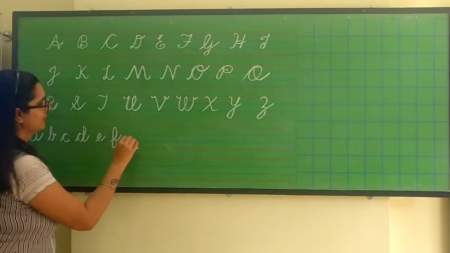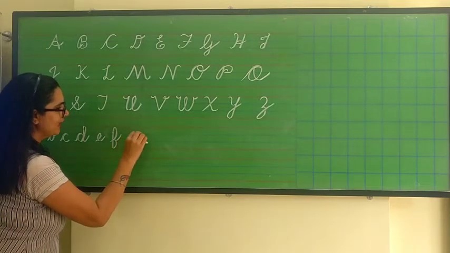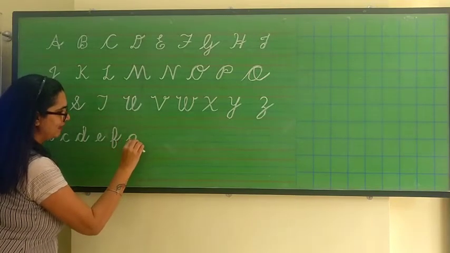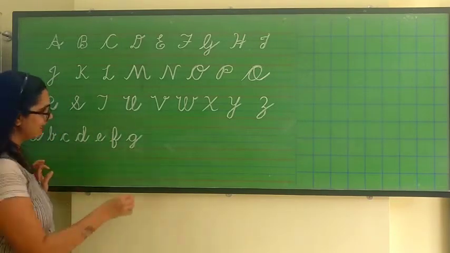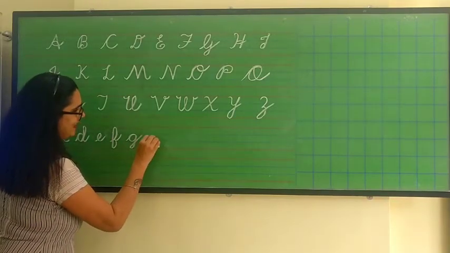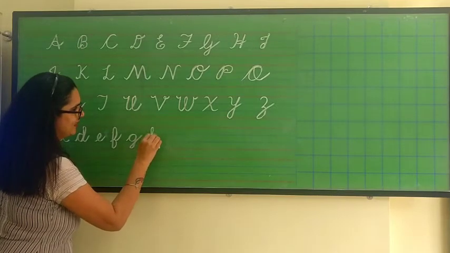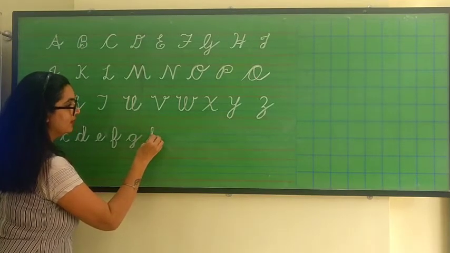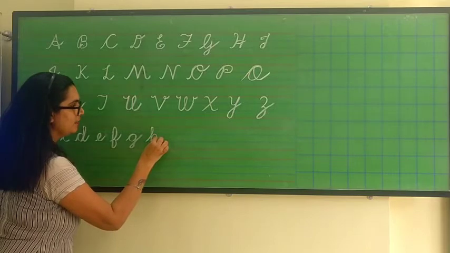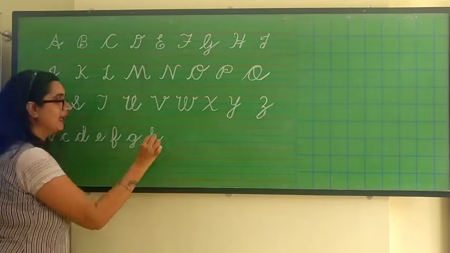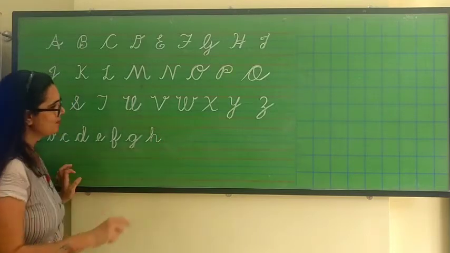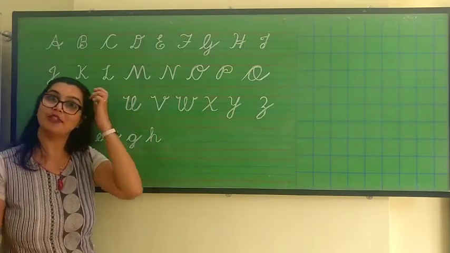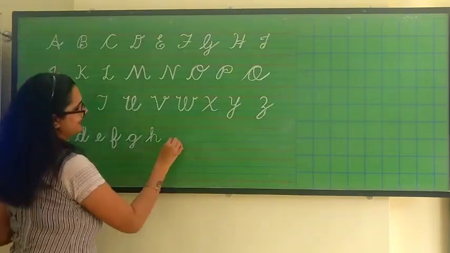Now let's write G. How is letter G? Yes, now we know that we make a C, and then now we are going to make a G like this. H. Yes, the next letter is H. So now we know that the small letters come in blue to blue line. So this is H. A small T. Yes. After H comes I.